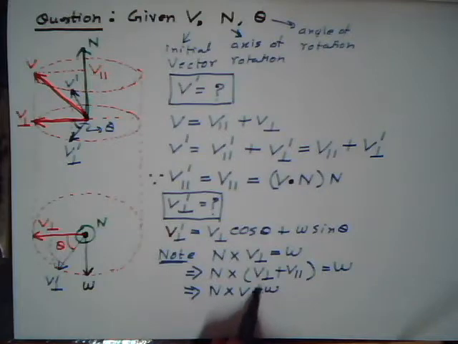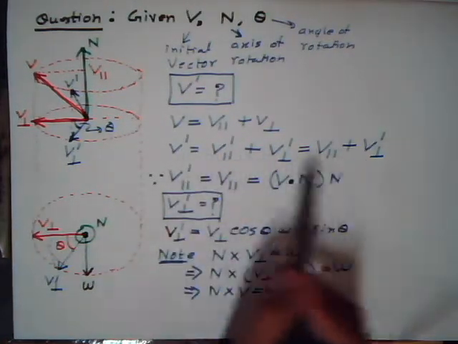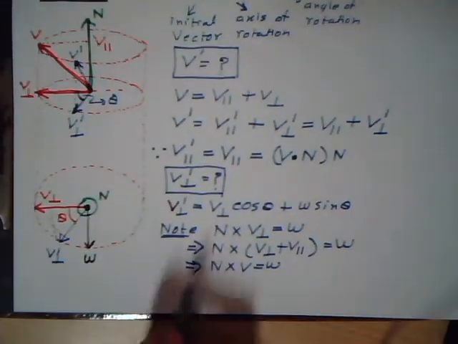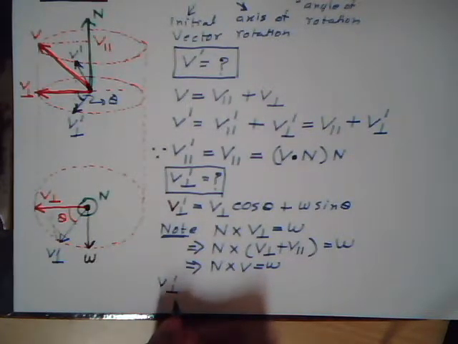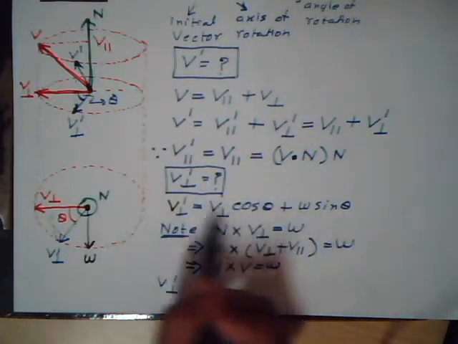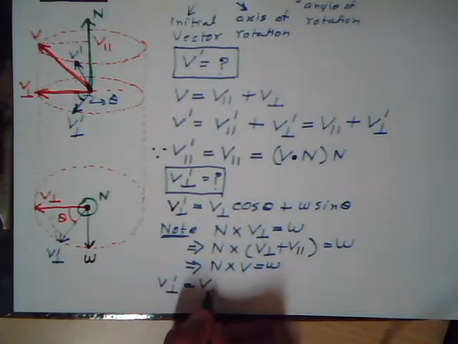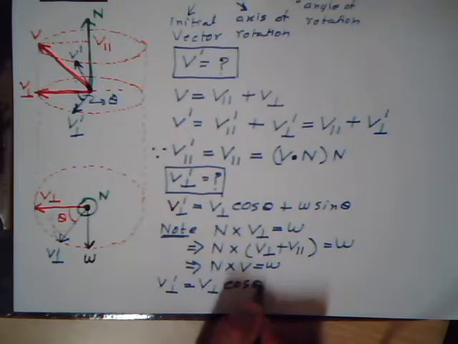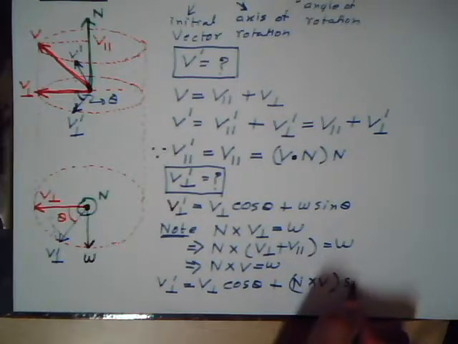Let me now put the value of w in this equation, so that I get v prime perp. So v prime perp is equal to v perp cos theta plus, in place of w I put n cross v times sin theta,